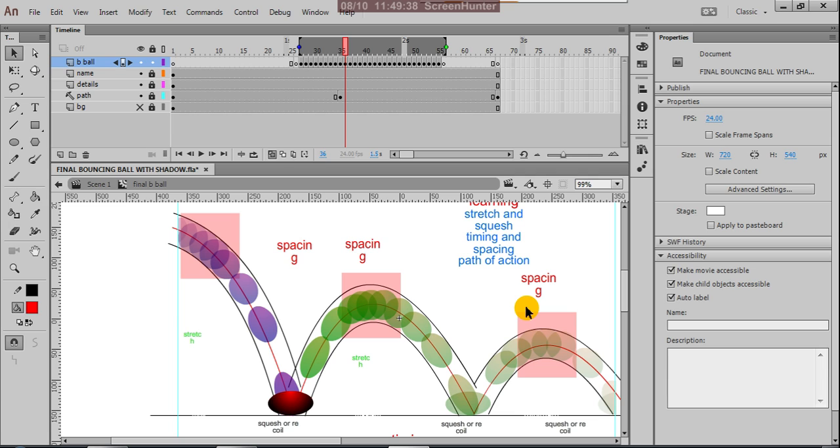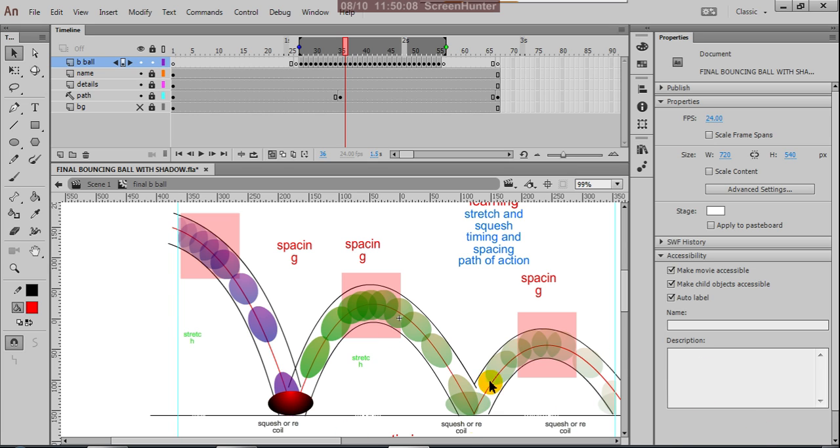With timing and spacing only, all the actions will change according to their material and given space. Spacing is nothing but, between balls or between frames, how much gap you are leaving. That is the spacing of the ball, the spacing of the action.